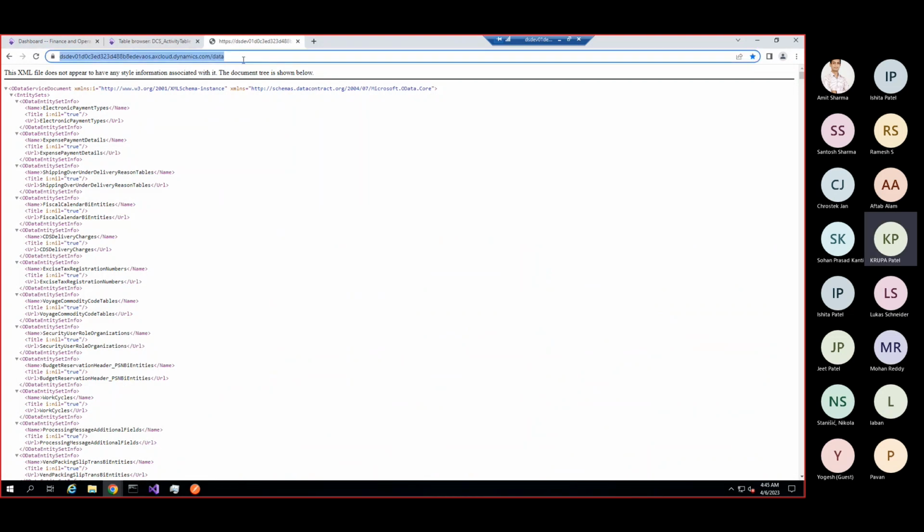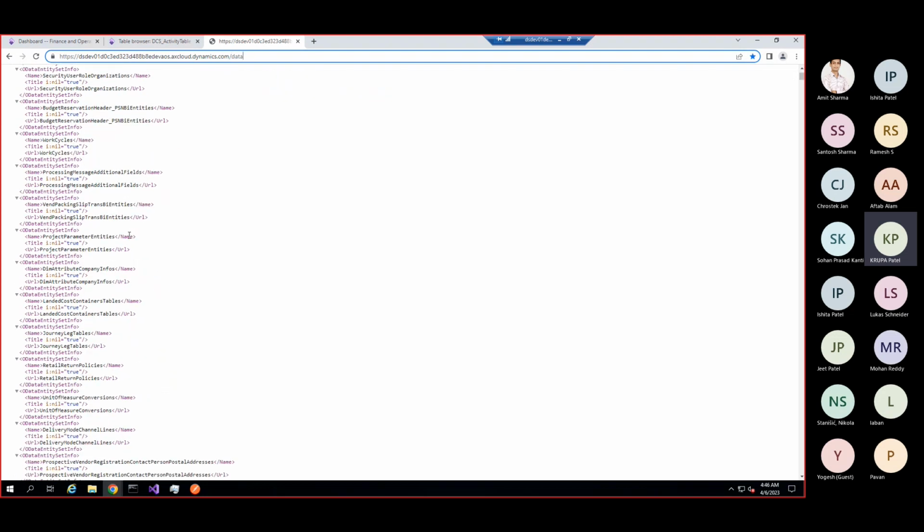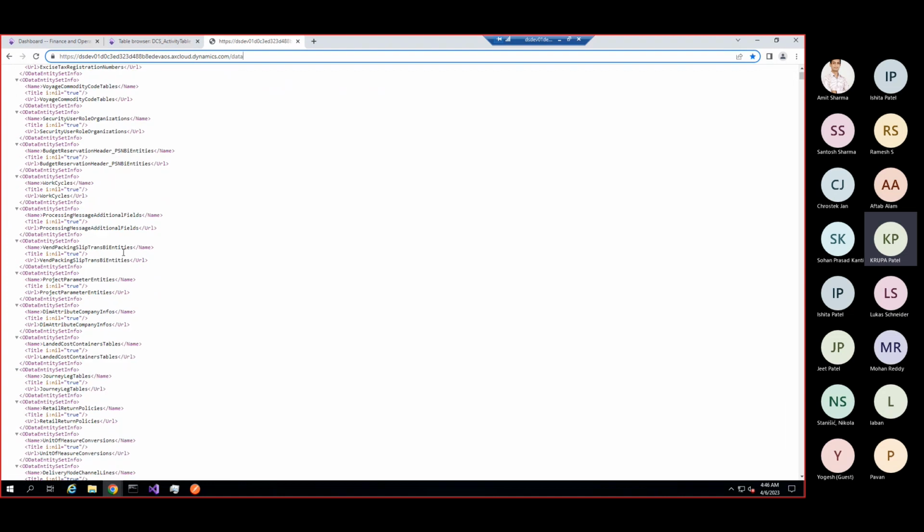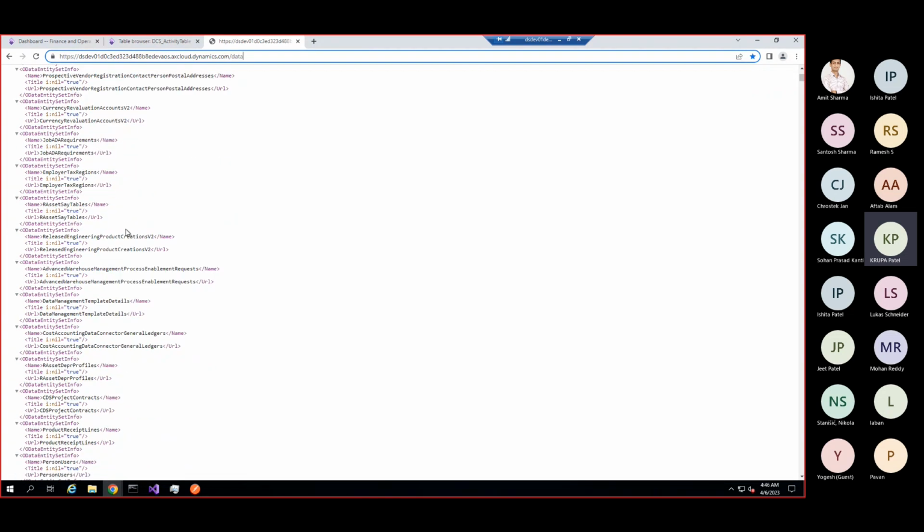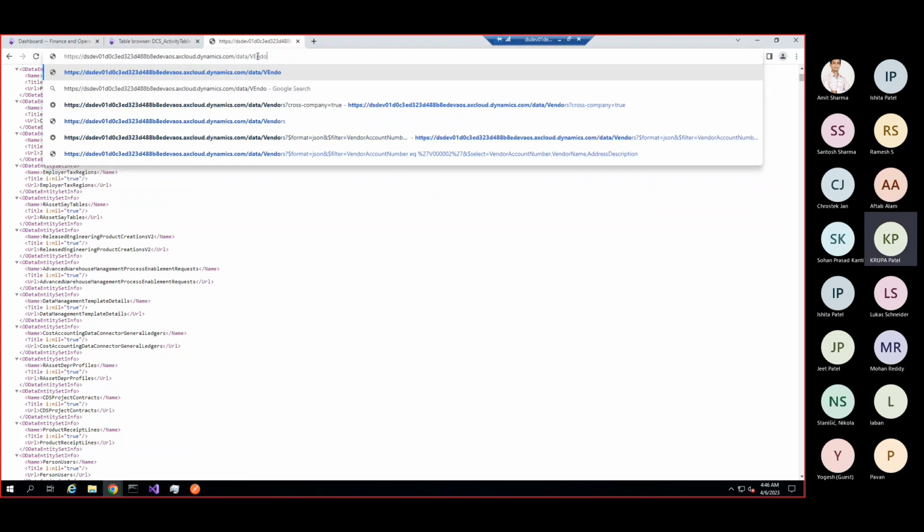So here you can see this is the D365 URL, and by slashing it with data, it will give the DMF list, like a list of the DMF entities. And if you find any interesting entity, like here I'm passing vendors.